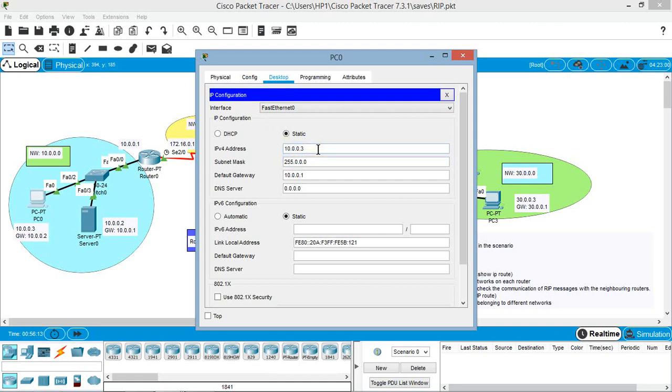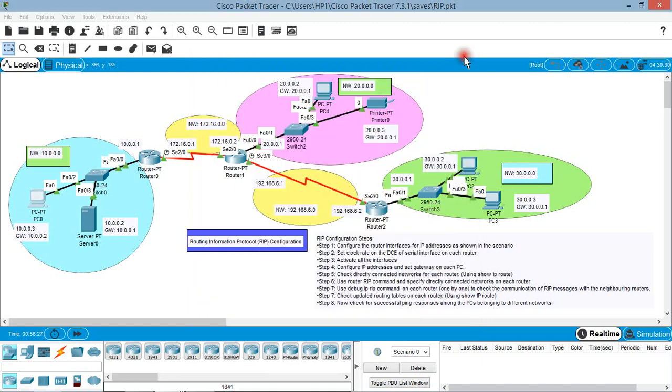The IP address on PC0 was configured as 10.0.0.3 as explained in the theoretical scenario, and the gateway for this is 10.0.0.1. Similarly, the IP address and gateway were configured on each of the end devices belonging to each of the LAN networks here. So in this way we have successfully completed the configuration of RIP routing protocol on each of the routers in the considered simulation scenario. Thanks for watching.